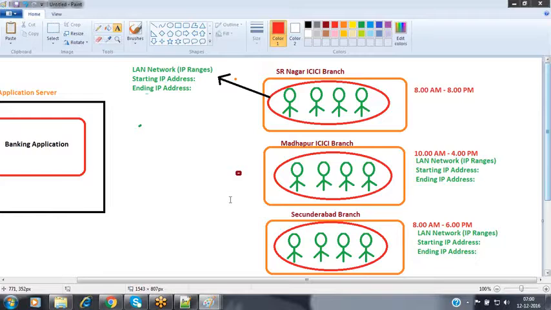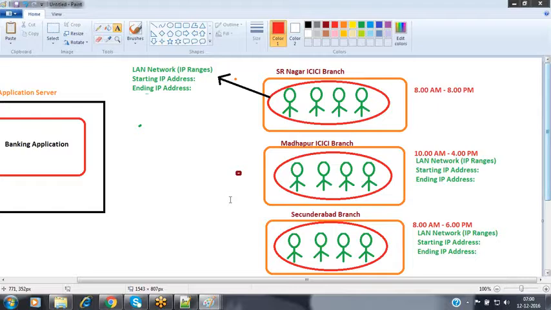So now I want to go to the bank a bit early, and then I want to complete my task here. Now in this case, what will happen? The bank timings will be starting by some 10 o'clock. Can I go to the bank at 8 o'clock? No. Why? Because even if you go to the bank at 8 o'clock, I cannot access that bank application. Why? Because the bank application will be accessible only from morning 10 o'clock.